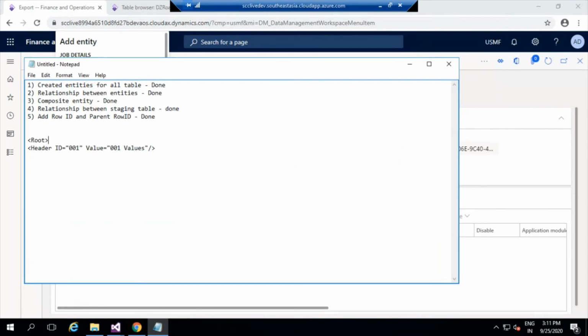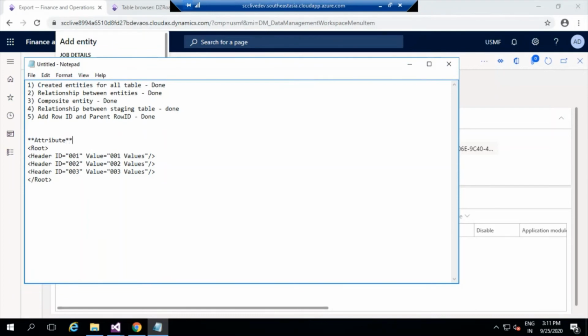So let me say this to be root and I'll call this to be /root. And let me copy this into multiple things now. So here I can specify 002, 003, and 002, 003. Okay, so if you have this kind of a structure, these are called attribute kind of structure.